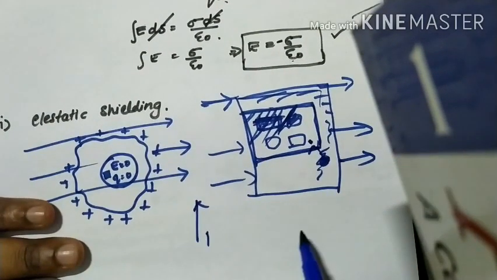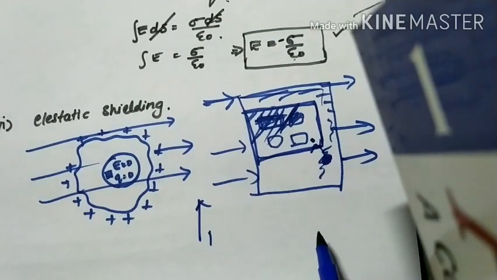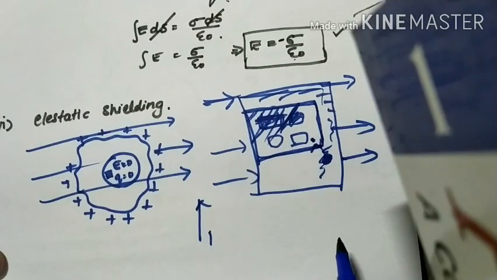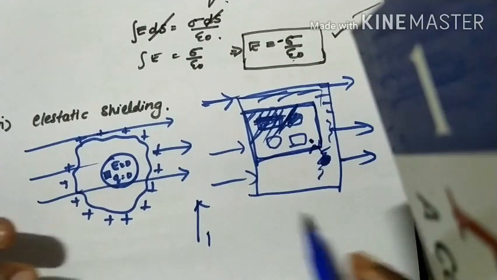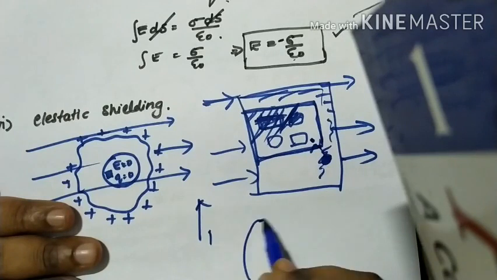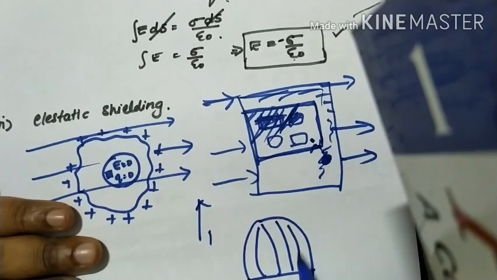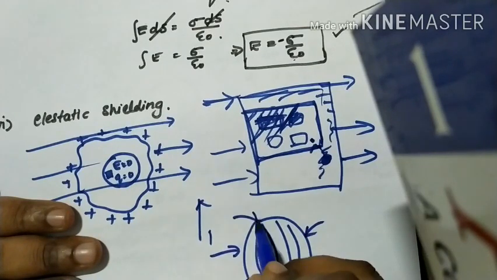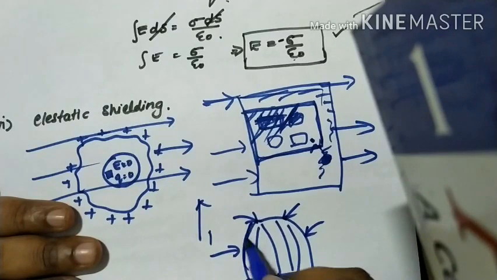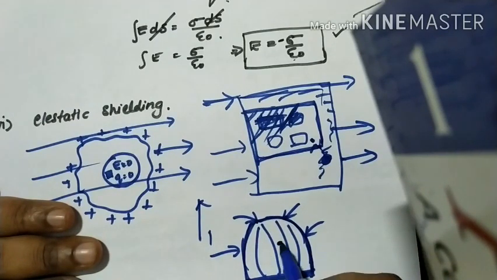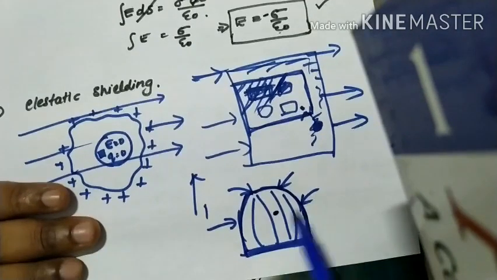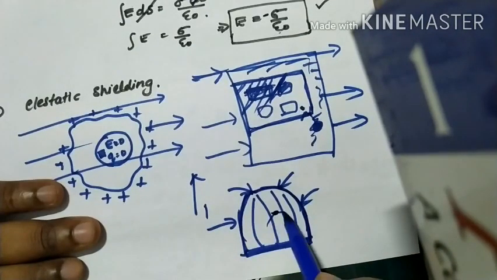And again, sorry guys, I forgot to tell you, this entire electrostatic shielding was found by Michael Faraday. I hope you have ever heard of that person. He had no other job, that's why he was finding it. Anyways, what he did was he made a cage like this, right, and this bottom surface he insulated, and he gave electrostatic field to the entire thing. So the outer surface had shock, but the inner part didn't have any electric field. So that's why he said it is very easy to keep things safe.